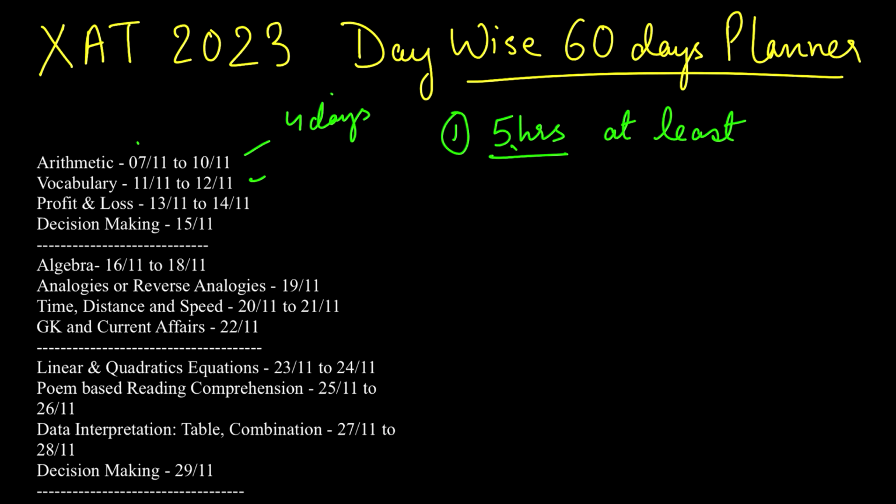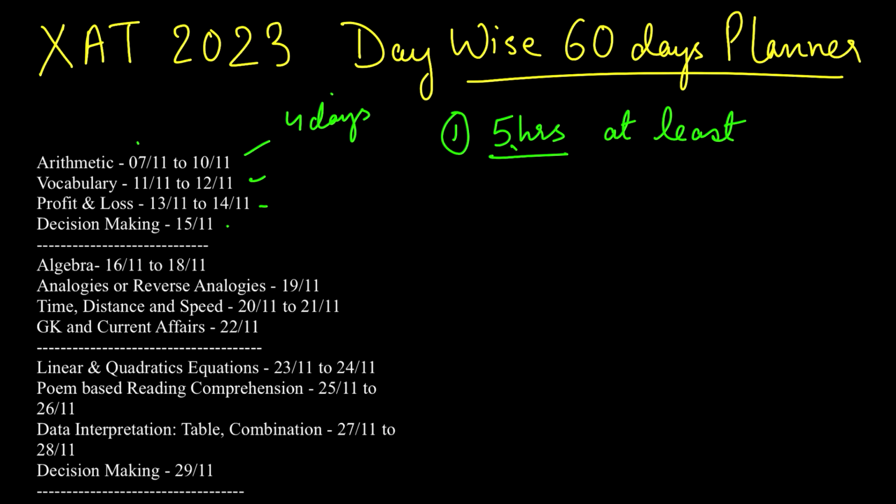Then we have profit and loss, 2 days. So 2 days hectic profit and loss, that means easy, medium to difficult level profit and loss, because profit and loss has been seen as one of the most favorite topics of the QA part in that examination. तो इसे ज्यादा फोकस देना जरूरी है।